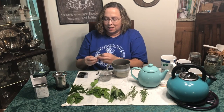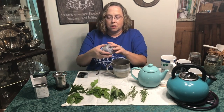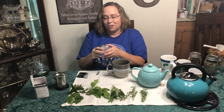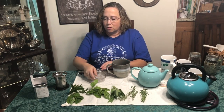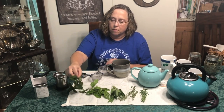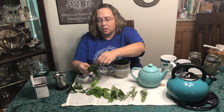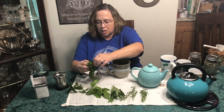I'm going to go ahead and put the tea bag right into the cup like this, and then we'll use this big guy to put in some of the fresh lemon balm leaves. So once again, I have cleaned these leaves off, rinsed them off with water, and once again I'm just going to pick off the leaves and drop them into this little